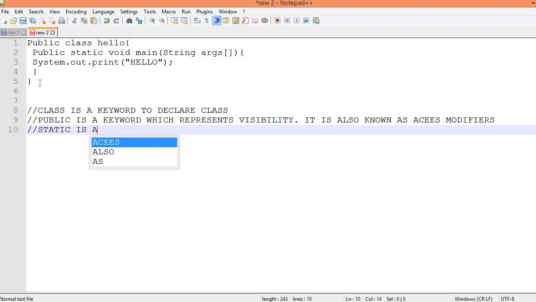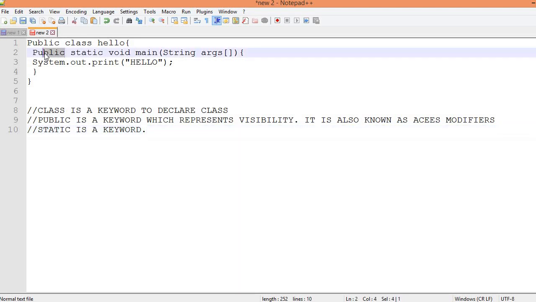It is a keyword. If we declare any method as static, it is known as a static method. You are seeing over here public static void main. The core advantage of the static method is that there is no need to create an object to invoke a static method.